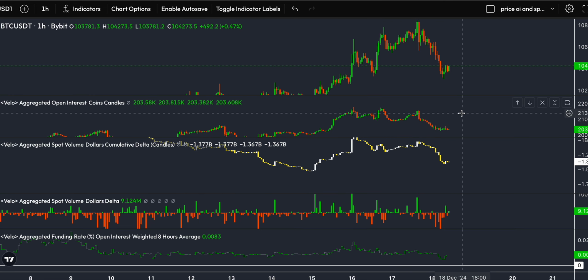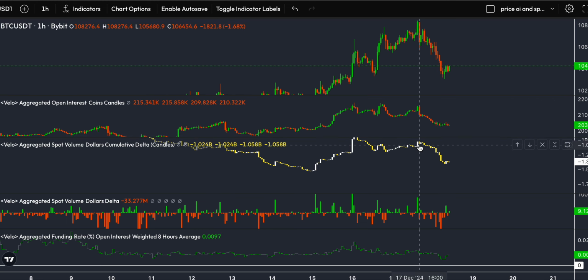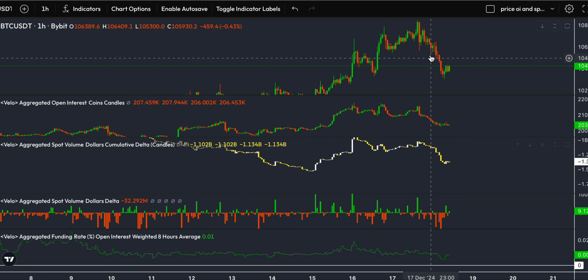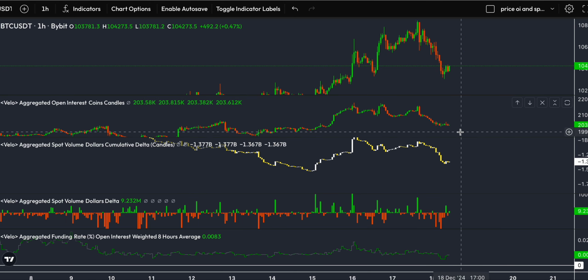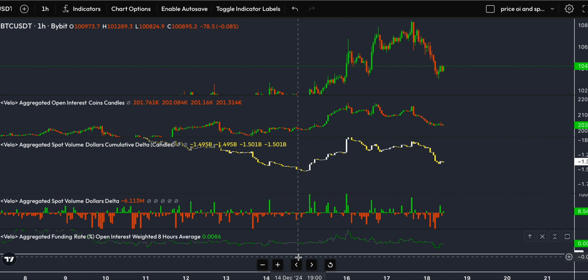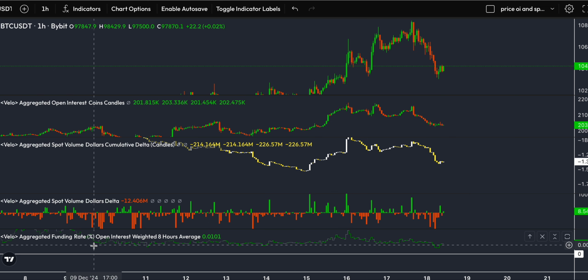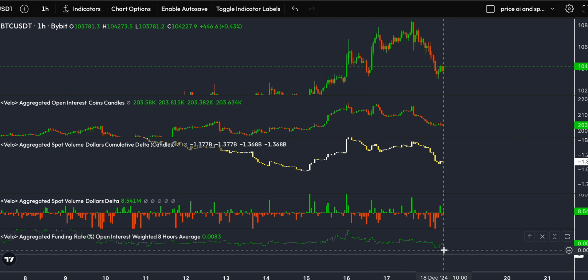We can see what has happened, which is quite helpful for the market actually. Price went down, open interest has also gone down. Spot volume also went down, of course. That is what decreased the price probably, along with a long liquidation cascade. But what is really important, look at the funding. The funding has been so low for at least 9 days now, which is amazing. This is so healthy for the market. This just means that the balance between longs and shorts is very, very good right now.